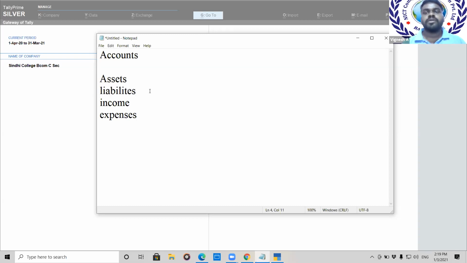Liabilities means what you are yet to pay to someone, yet to give to someone, the third party, the other person other than your company. For example, you have to pay a loan to some financial institutions, you need to pay your creditors, your suppliers. For them it is termed as your liabilities. Well, you know about income: whatever comes in as money or any values or assets, it is your income. Whatever you spend is your expenses. Is it clear?